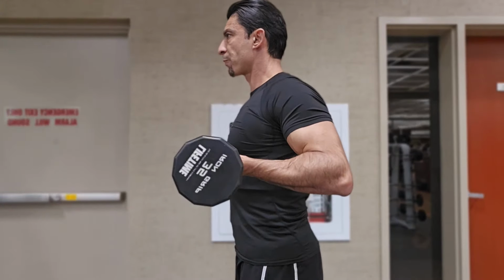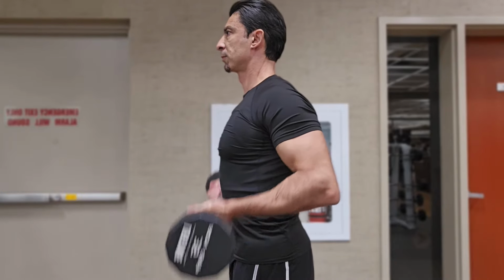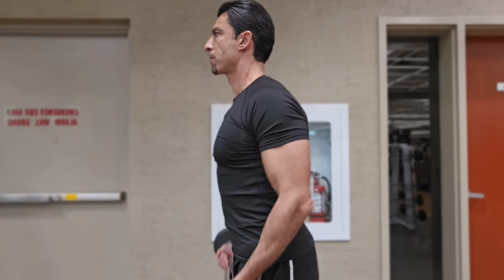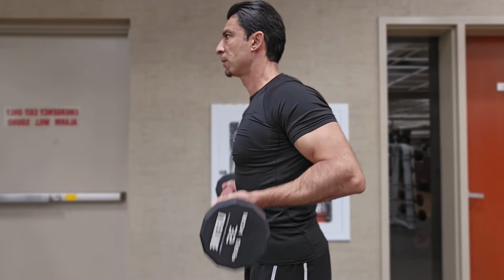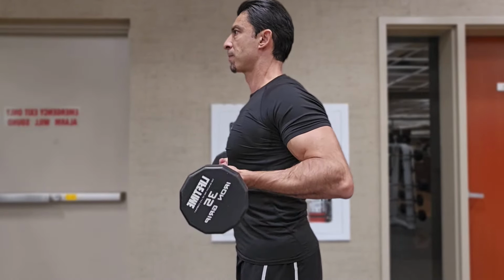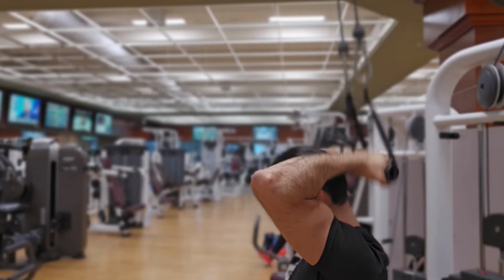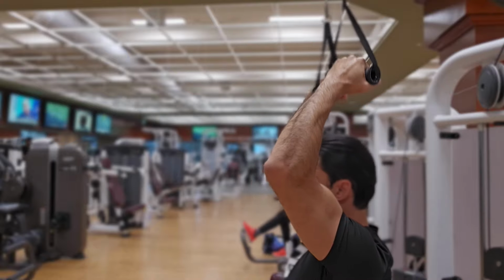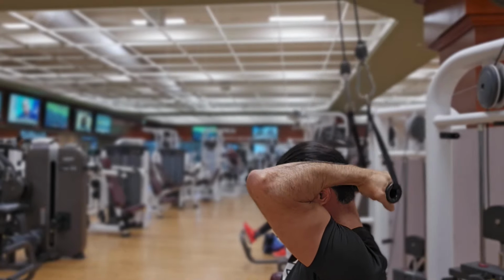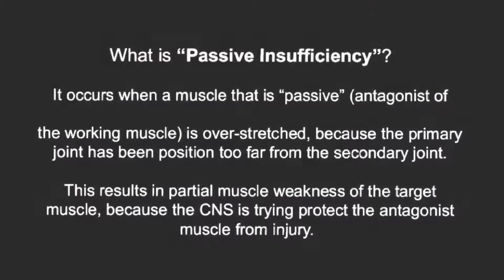In the previous factor, I explained that muscles that cross two joints are subject to having their length increased or decreased based on the angle of their non-primary joint. In that example, the issue was the overshortening of the muscle doing the work. However, a biarticular muscle can also be overstretched when it's a passive muscle, positioned opposite the active agonist muscle. This is called passive insufficiency.